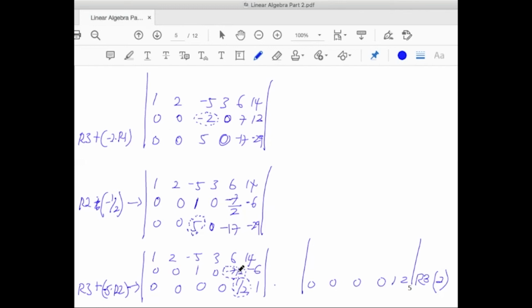Okay, so I think we can change it into 0 based on this equation here. So let's say we want to change it into 0. So we take our current R3. Okay, so this is our current R3. We multiply with 7 over 2 multiply with R3. Okay, so that is our current R3. So we plus with the previous R2, which is that one. Okay, so this will give you